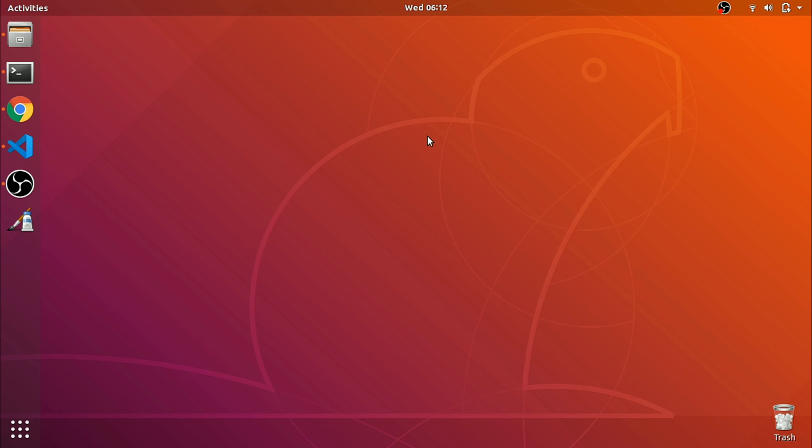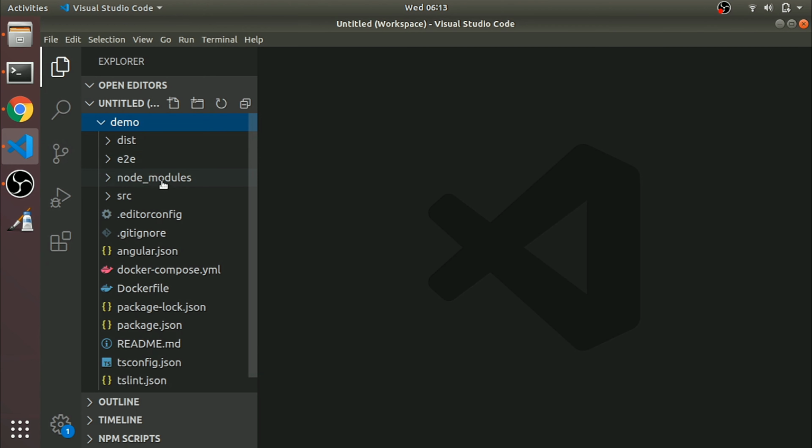So today I will explain the basic folder structure of Angular and the bootstrapping process, how Angular works behind the scenes. Let's quickly open my Visual Studio, and we have opened our demo folder. If you didn't see our previous tutorial, you can go back and watch it there, how to add a folder here. So I'll explain each folder and file, why and for what we are having them here.